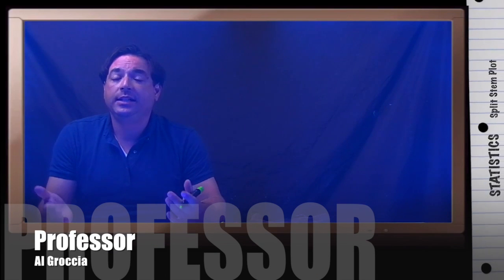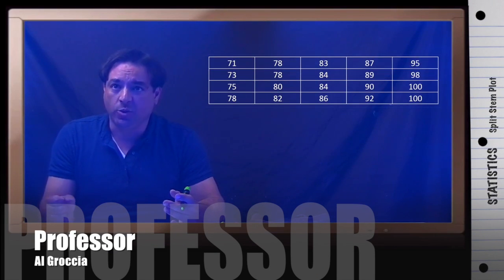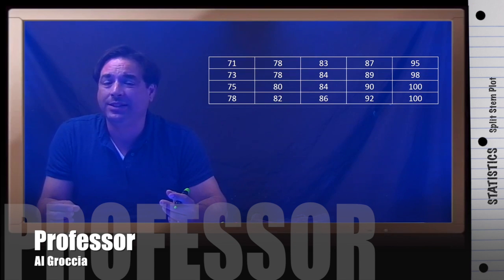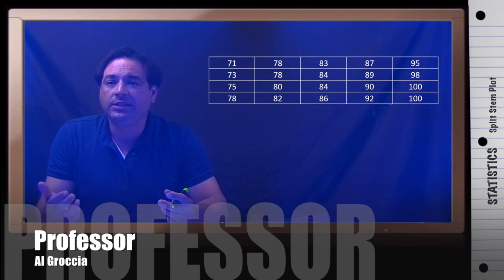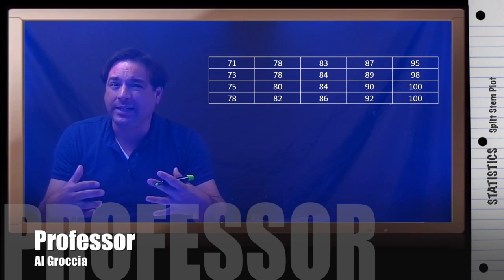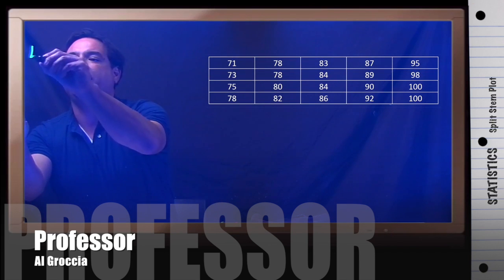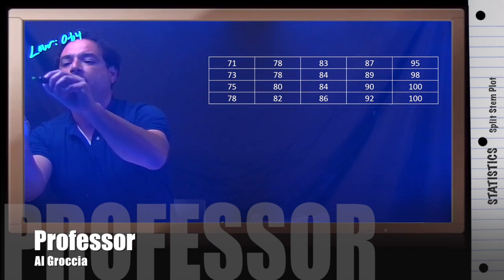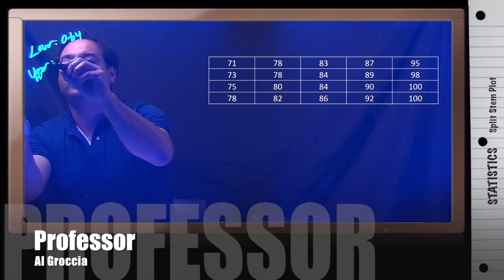Hello. Today we have 20 student test scores and we're trying to organize them. One way to organize your data is with a split stem plot. With a split stem plot, we're actually going to break the data into two sections. We'll have a lower half, which will go from 0 to 4, and an upper half, which will go from